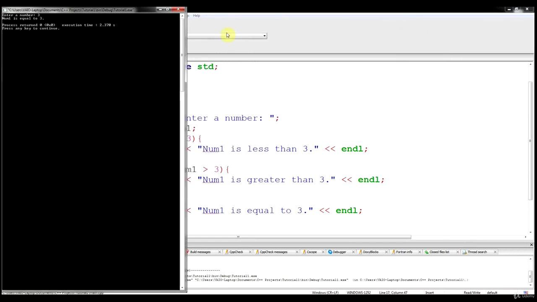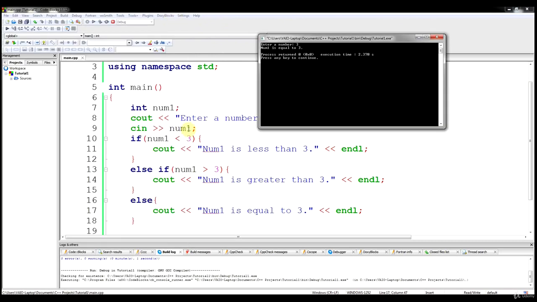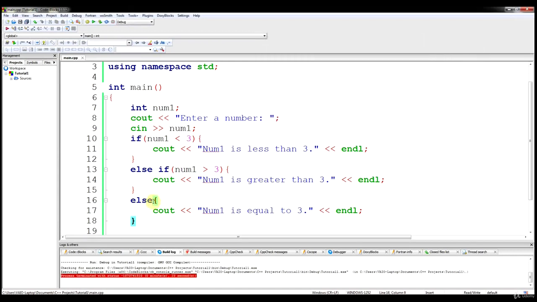The way we coded it, we said if this is false and this is false, then do this. You know, if all else fails, do this. And that's what happened. But at that same token, you really don't even need this else statement. If you just wanted to do another else if, you could say else if num1 equals,